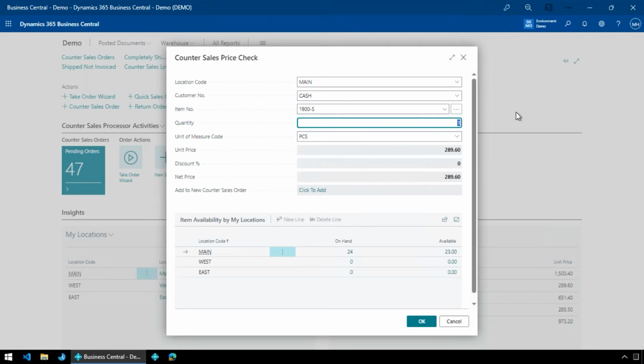And then I'll come in and I'll say, we need 5 of them. Okay, great. So here's the pricing, obviously, so we can give a quick price check, and we can give the on-hand availability and future availability for that item. So this is what I have in stock, but I actually only have 23 available. One of these might be on a sales order or something like that, and I know what my other locations